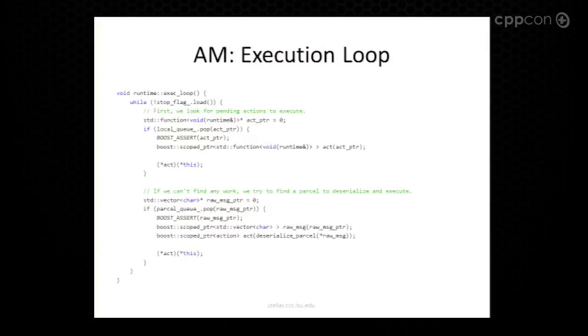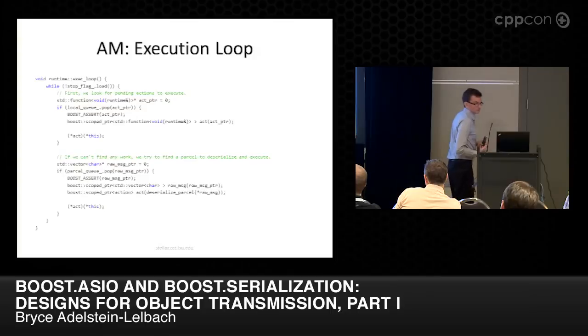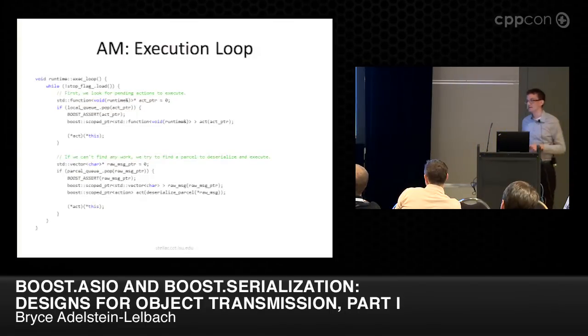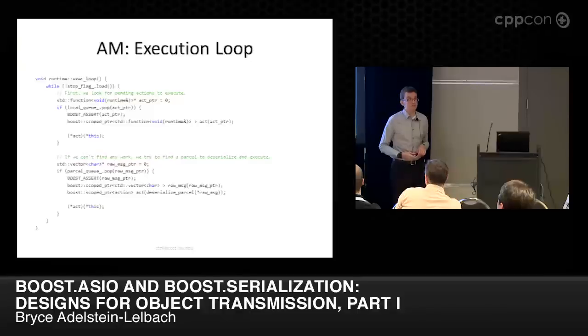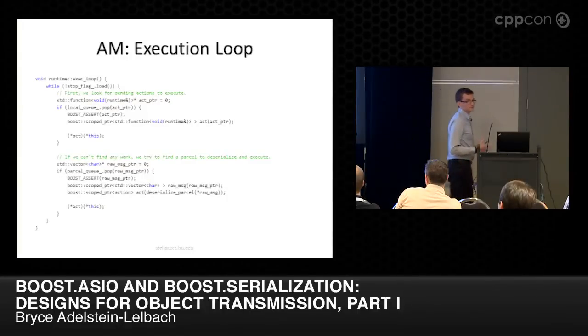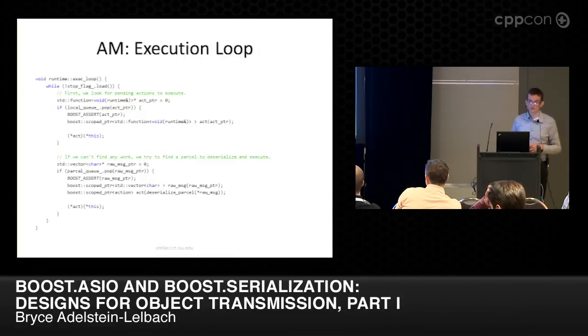So here's what the execution loop looks like. We've got that stop flag, which we're checking to make sure that we don't need to shut down. And in the actual example, the reason that it's an atomic is because if we get an error in the I/O thread, we may want to signal here that we need to initiate the shutdown. Otherwise, the only one who's going to start the shutdown is going to be in the execution loop. So we wouldn't need it otherwise.